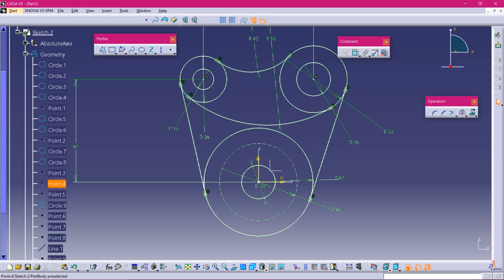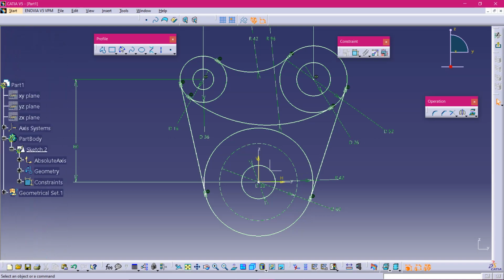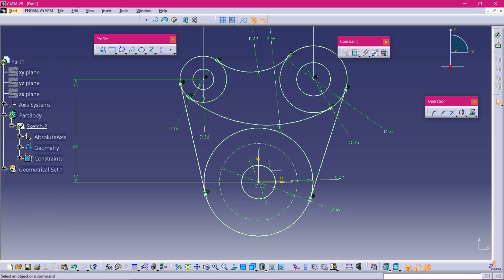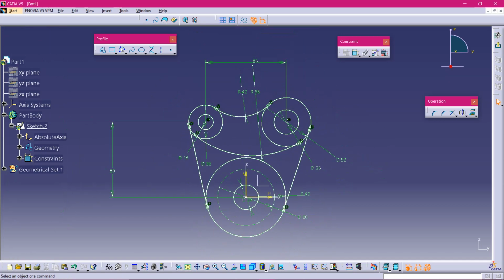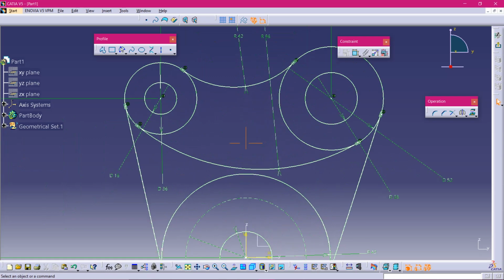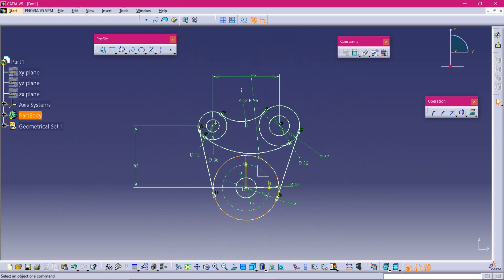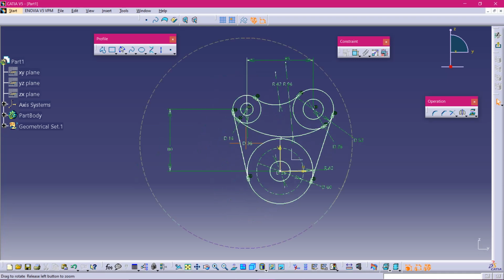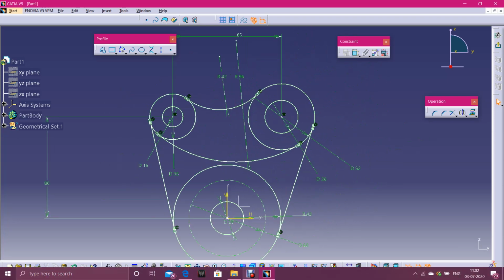The geometry must be completed in a minimum number of steps. When you give all the dimensions and all the things, it will become so large. The main thing they will watch when you enter an interview is your tree. The smaller your tree is, the more it shows your experience.